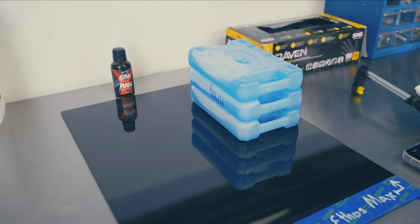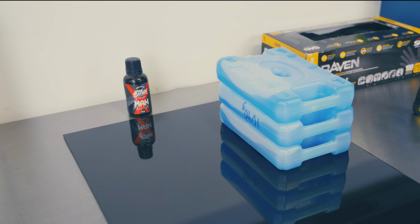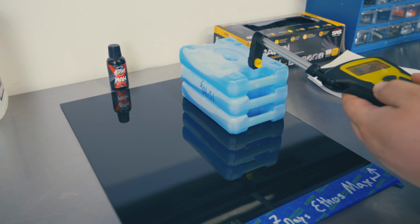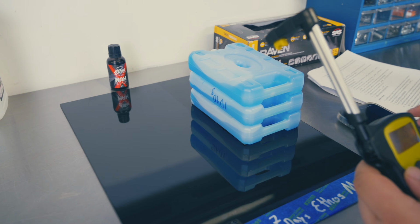Slickness imparted by ceramic coatings can be a great way to reduce marring, swirls, scratches when you're washing and maintaining your vehicle. In this test, we'll measure the static coefficient of friction of this treated panel to objectively score the slickness. We're gonna start by taking 5 readings, and that's 150 grams,